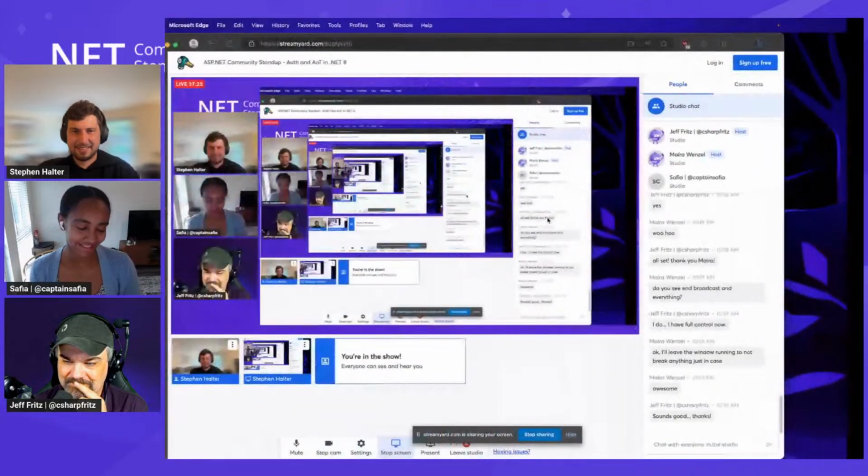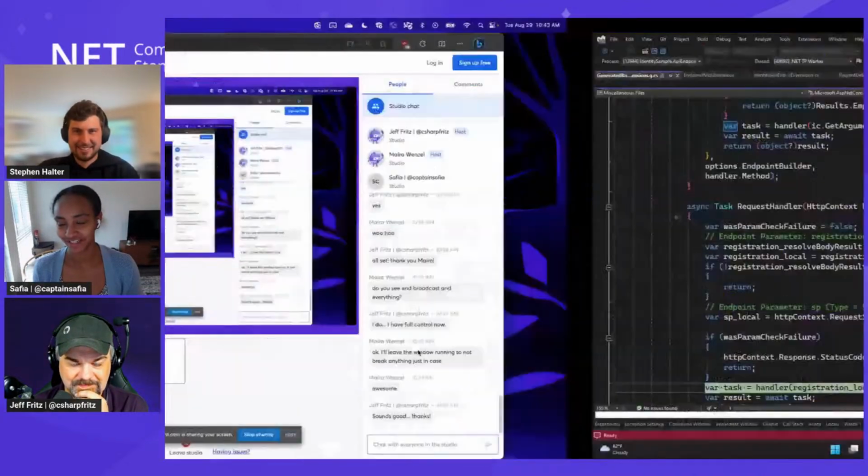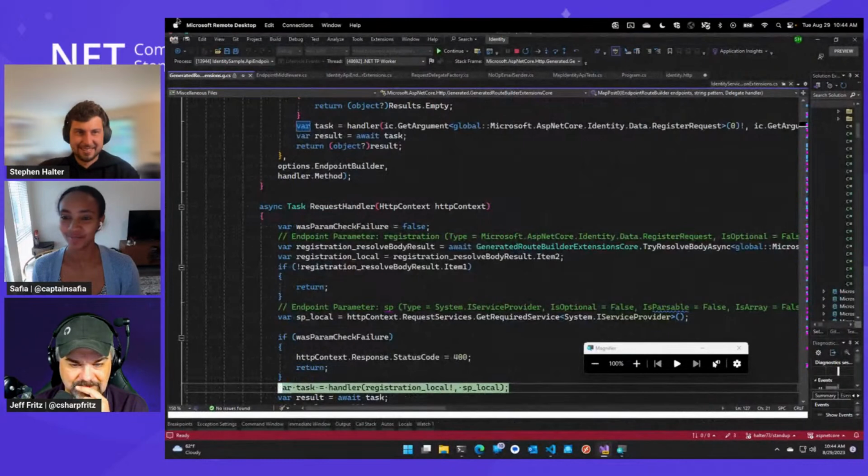I've been sitting in API reviews where Stefan has showcased his work over the past couple of months. He's been doing a really great job on the identity stuff, along with Jeremy, who I think is in the YouTube comments, who is our PM, who's been answering questions. So it was really nice to see your demo and see everything come together in the end when I've been watching the PRs and the API reviews come in. It's pretty neat to see Auth being such a big story in .NET 8.